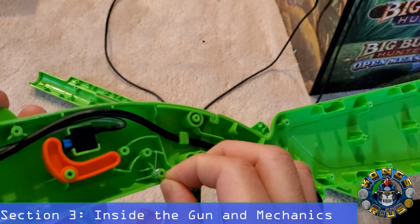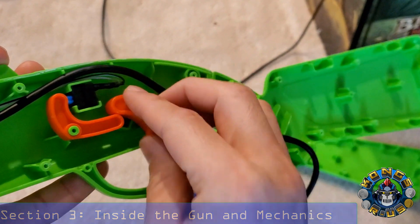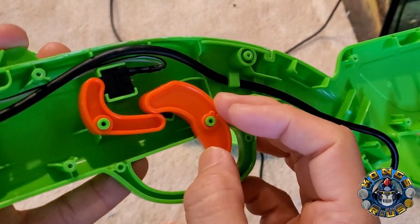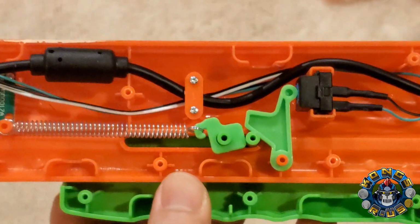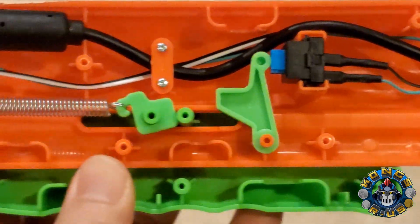Let's look at how the trigger mechanics work. There's a small spring to provide a little extra tension for the trigger, so be careful when opening the gun. The trigger fits snugly over the spring, and when pulling the trigger, you can see the second orange L-shaped piece actually pressing the blue and black micro switch. For the pump section, you can see when moving the green fore end, it's pulling a smaller green piece connected to a spring. And when cocked all the way back, the fore end moves another green piece that actually presses